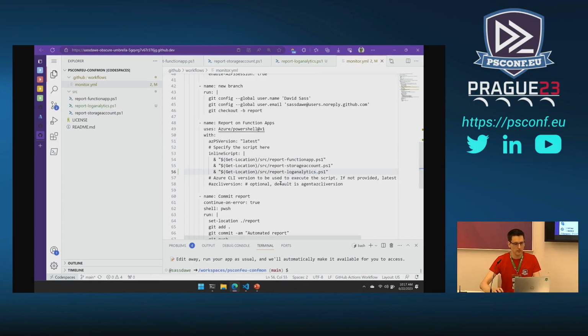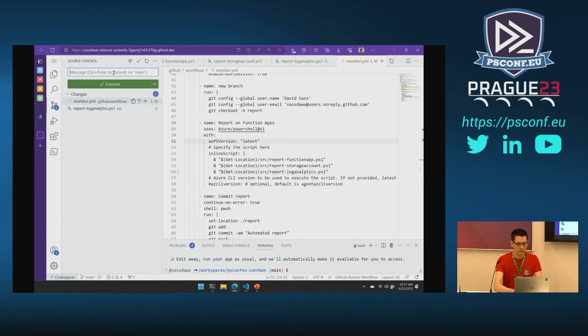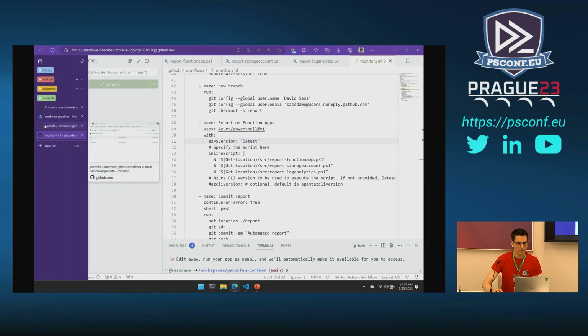And if I didn't make any typos, I can just check these in. And that should trigger the GitHub Action. And in a minute or so,